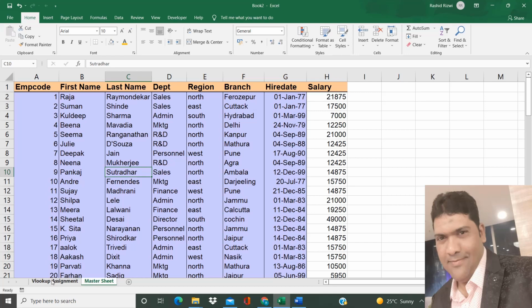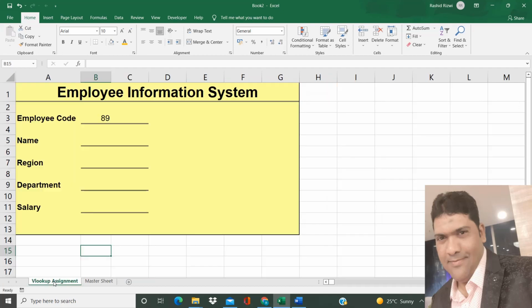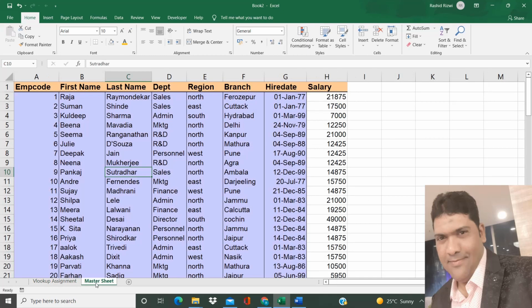सो यहाँ पे VLOOKUP फंक्शन इंप्लीमेंट होगा। VLOOKUP इस पे डिपेंड नहीं करता है कि आपका आउटपुट फॉर्मेट हॉरिजॉन्टल है या वर्टिकल है। आपने जहां से एक्सट्रैक्ट करना है जो आपका सोर्स डेटा है, यहाँ पे आपका सोर्स डेटा मास्टर शीट है जो वर्टिकल स्टोर है।